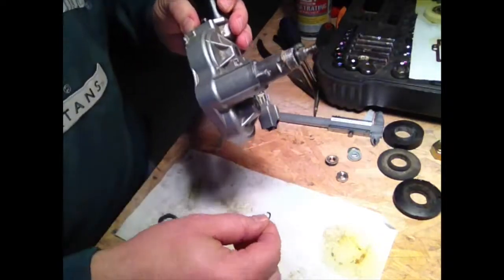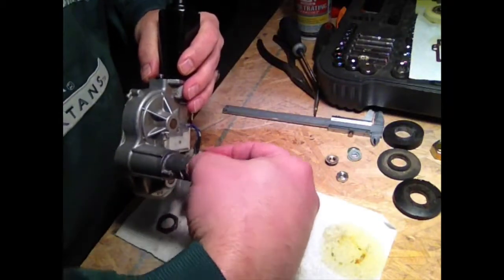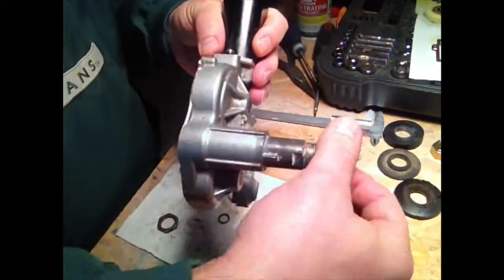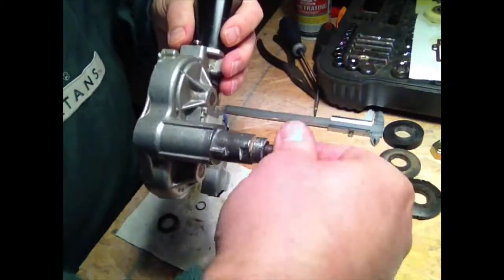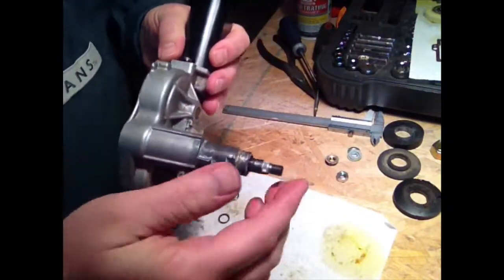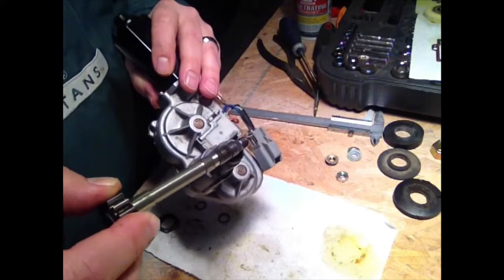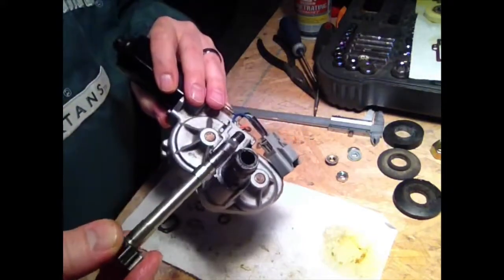Little slip collar. But once all that came apart, then I can show you this shaft now. Now that shaft freely comes out, and it spins in there pretty well. It's free spinning. So I don't know what was binding up so bad, unless it was all around the top. If there was a big piece of corrosion or rust all around the top of that collar that was